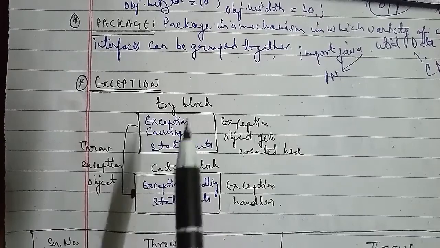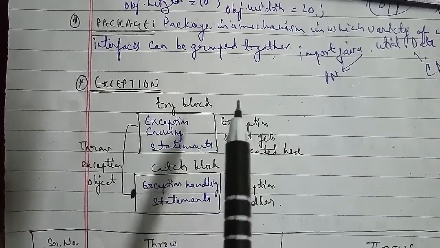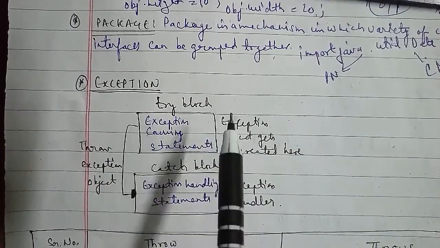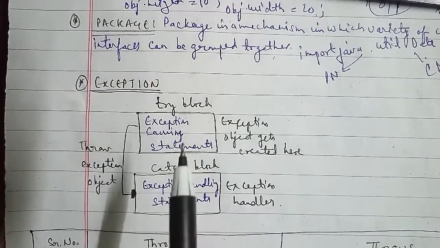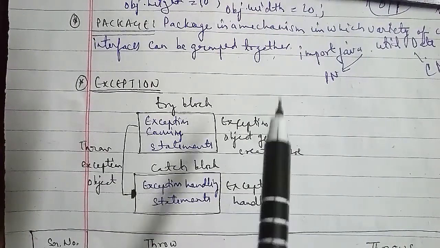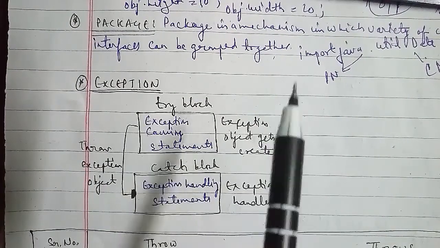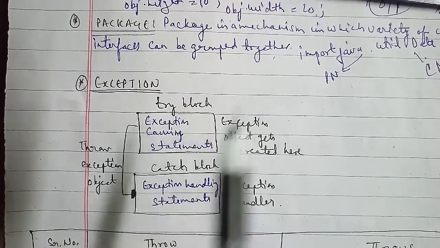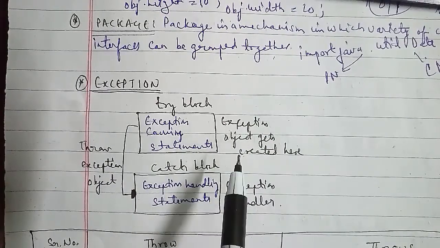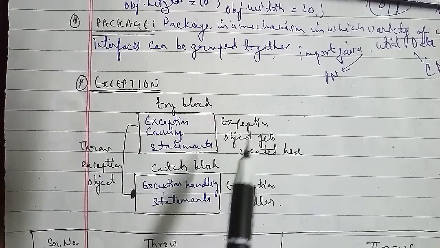Where the access modifier specifies whether the interface is public or not, as I told you, if the access is not specified for an interface, then that interface will be accessible to all the classes present in that package only. But if the interface is declared as public, then it will be accessible to any of the classes.